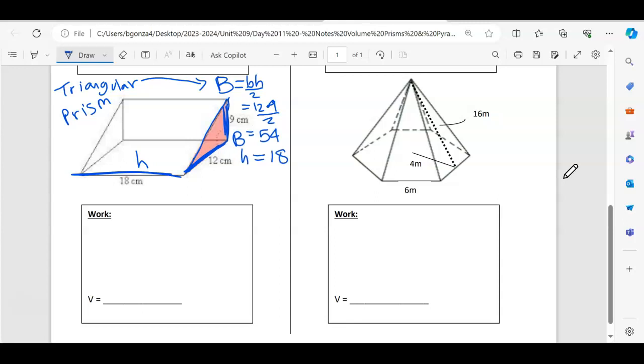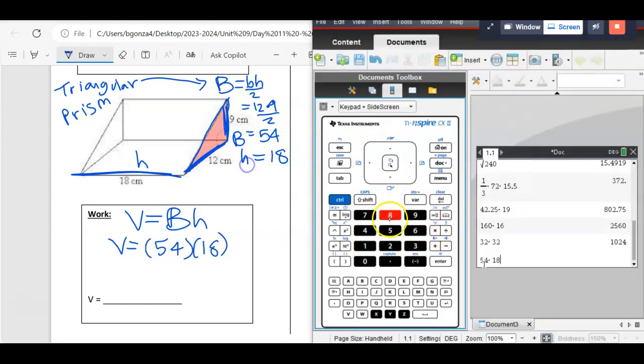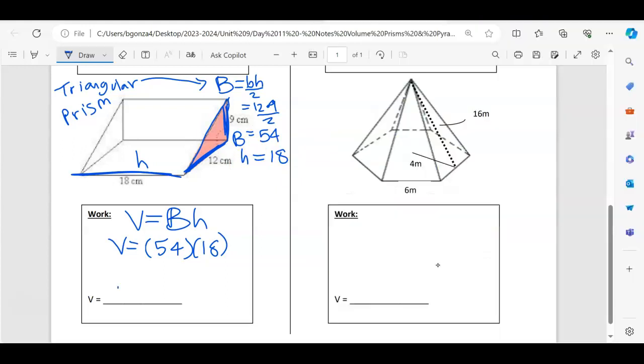Okay, so volume of a prism is BH. We know B is 54, we know H is 18. All we got to do in our calculator is 54 times 18, and we get 972